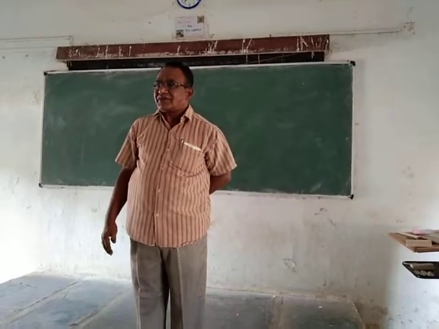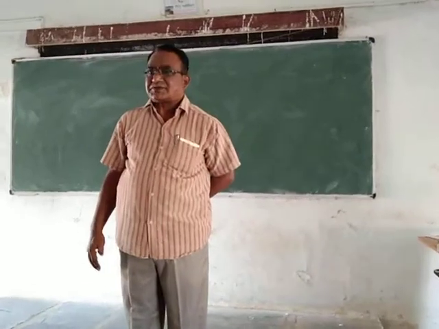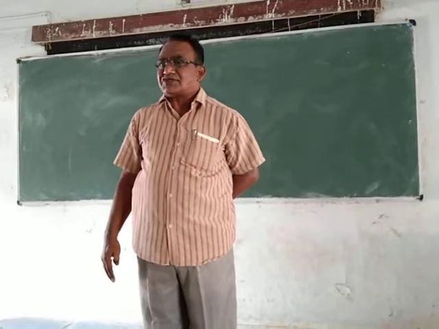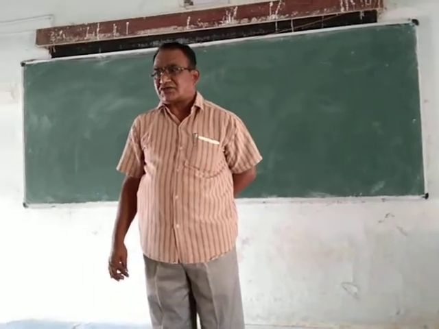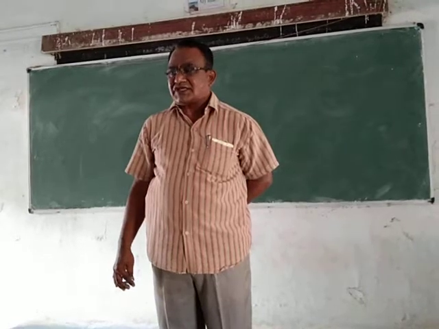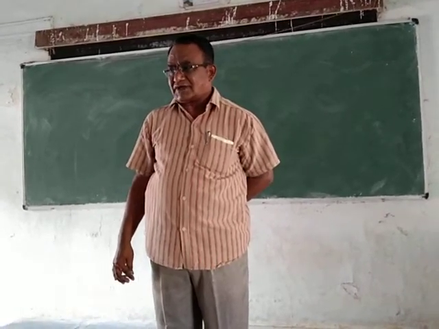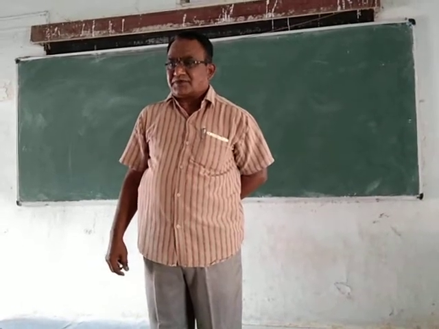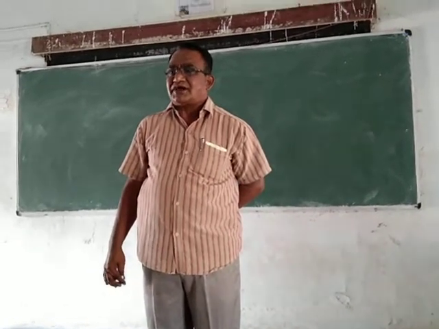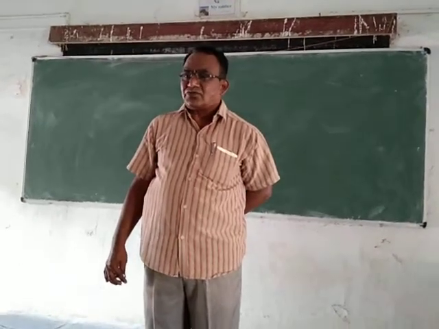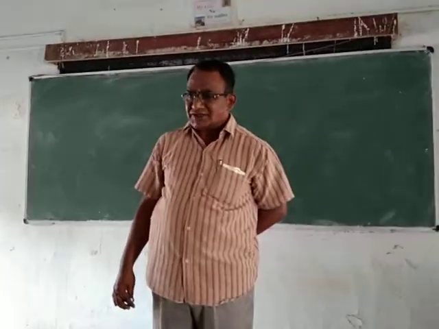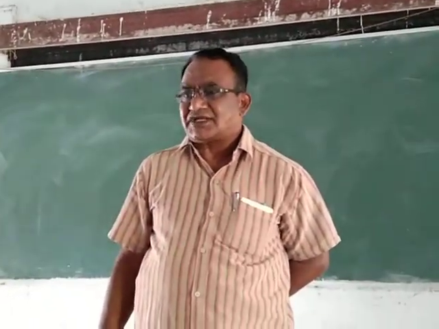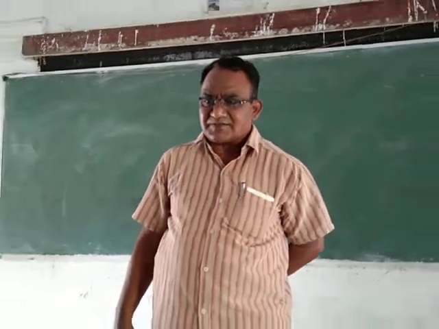Next, finally, the value of the beta function, fifth property. That is, we have proved that beta(m, n) is equal to (m minus 1) factorial into (n minus 1) factorial divided by (m plus n minus 1) factorial. And as a corollary to the above property, we have seen that beta(1, n) is equal to 1 by n.